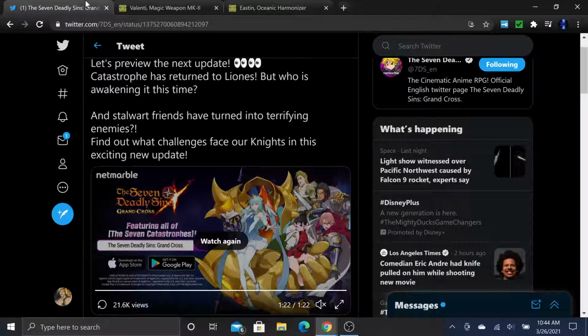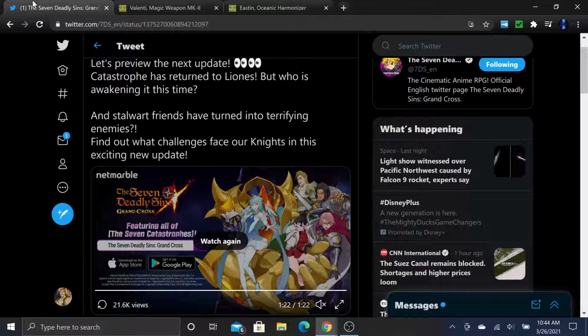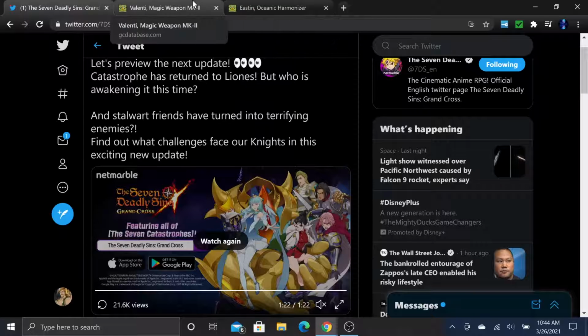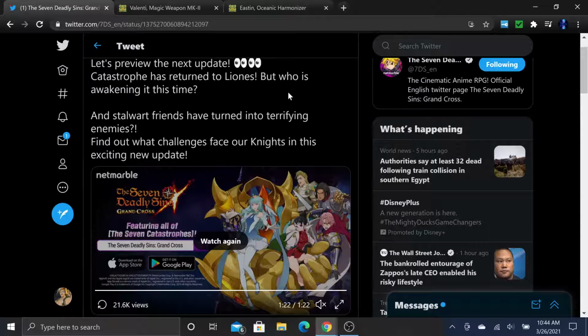So if you're trying to go for a 6-6 or a 4-6, you're going to have to get extremely lucky, or go for the pity at 600, because you can repeat this over and over to keep choosing a hero of your choice of either Valenti or Eastin for the 600 mark. Yeah, if you're big whaling, then go right ahead. That's probably what you're going to do anyways. But if you're a light spender or free to play, then I would not suggest summoning this banner,